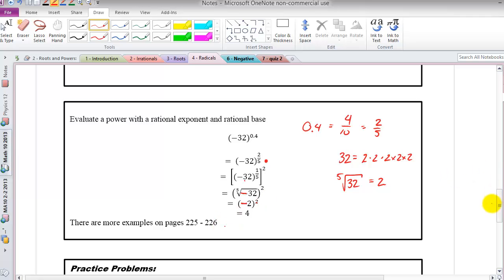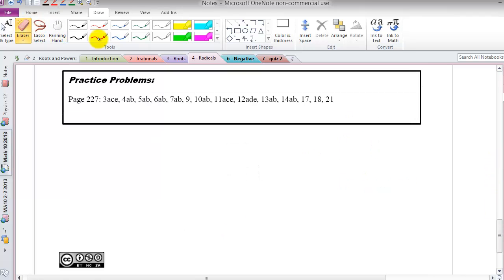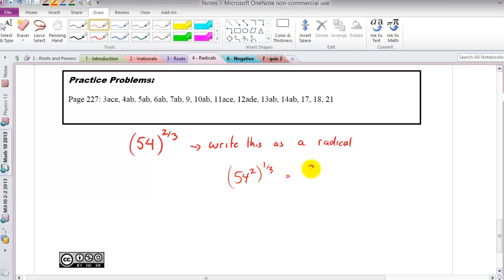There are some more examples in the textbook. Perhaps I'll do another one for you though. I'll just try to guess at something. Say 54 raised to the power of 2/3. And maybe we're going to be asked to write this as a radical. We could do that by going 54 squared, oops, sorry, 54 squared raised to the power of 1/3, which is equal to the cube root of 54 squared. We could also say that this is equal to 54 to the power of 1/3 squared, which is equal to